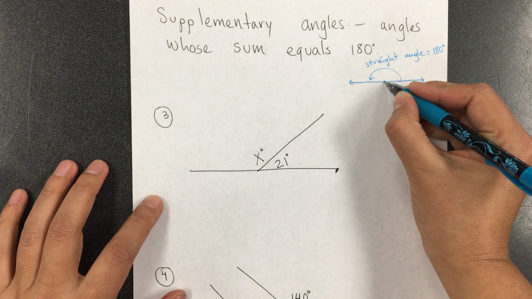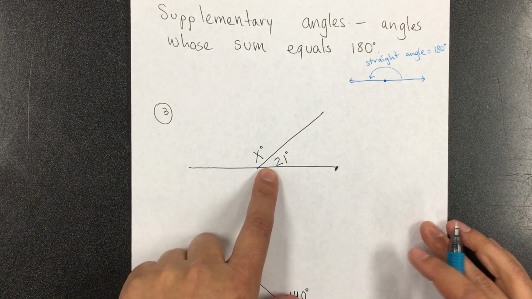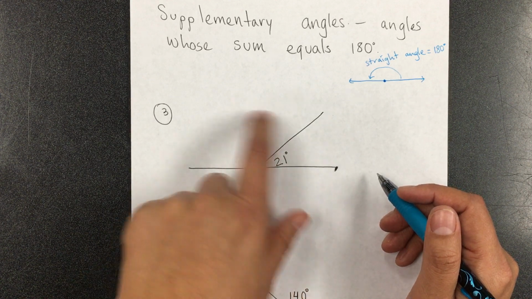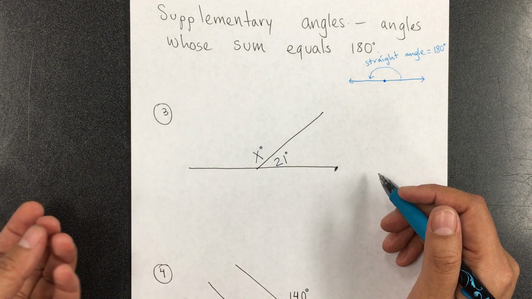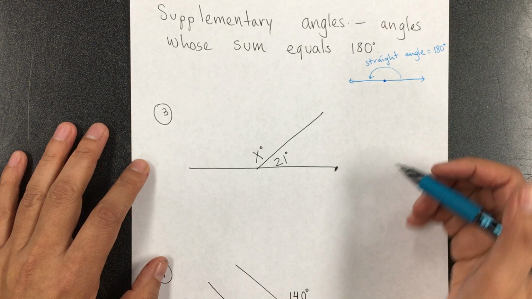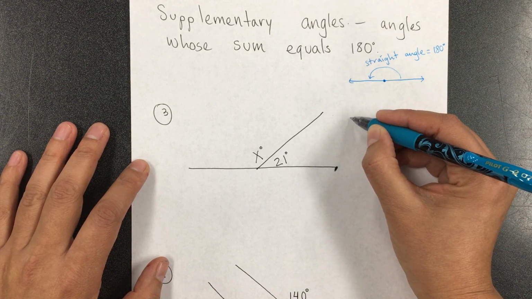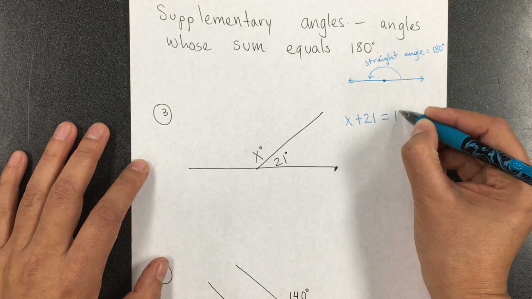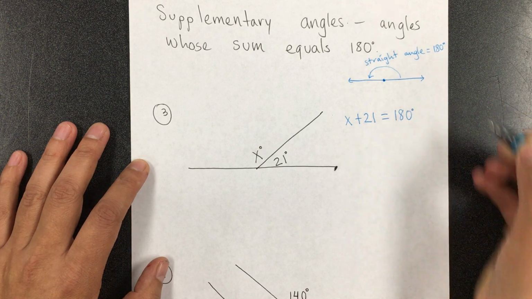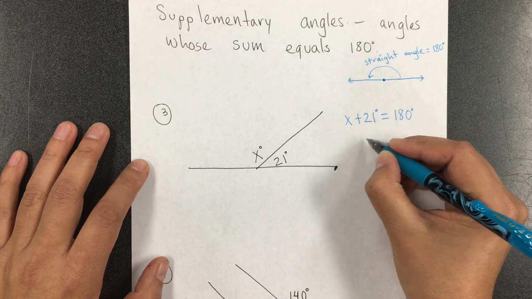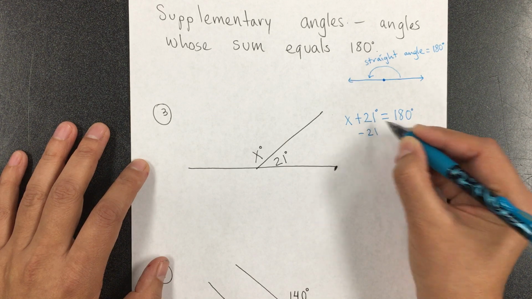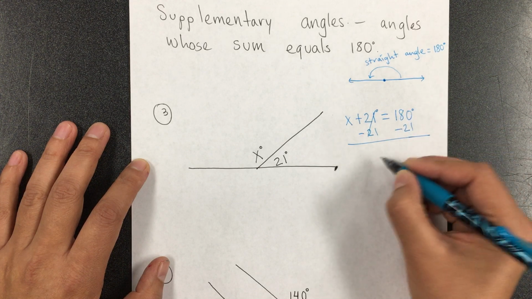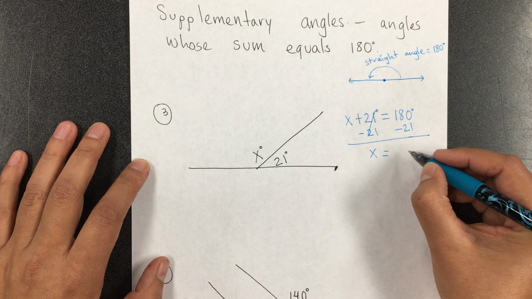So this is with the vertex right there. This is a straight angle, but these two are a pair of supplementary angles. And so we say that x plus 21 is equal to 180 degrees. So we subtract, the opposite of adding is subtracting, 21 from both sides. And so x is equal to,